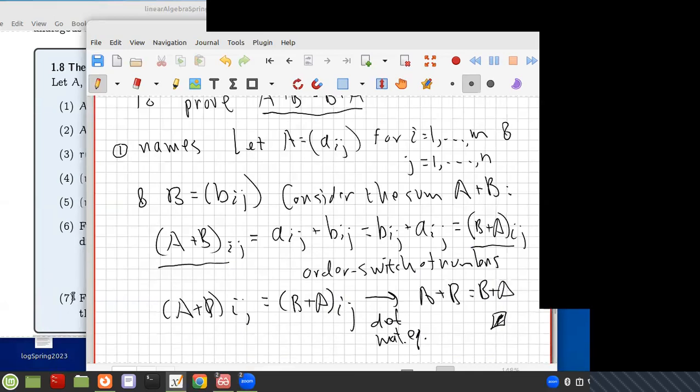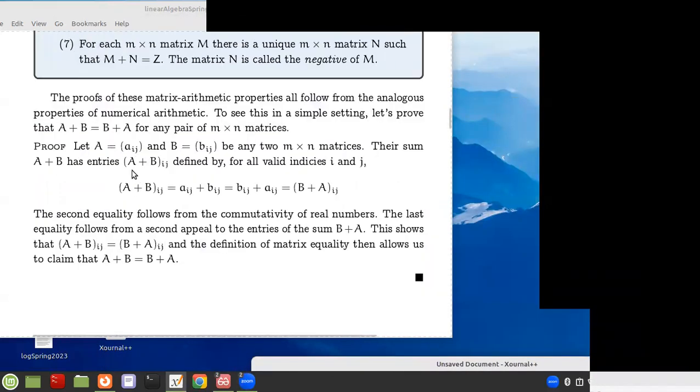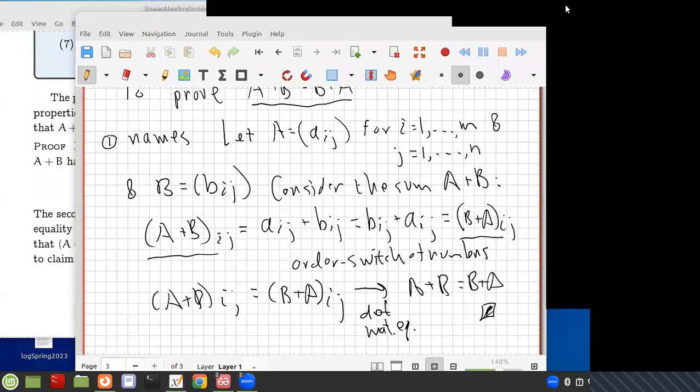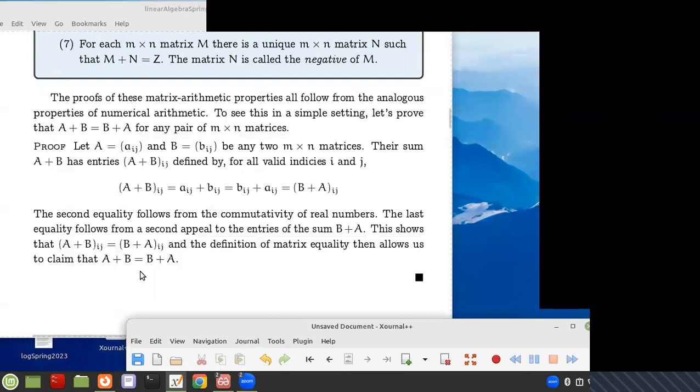So the strategy of all the proofs of all of these 7 properties, which we'll look at in a second, the properties, not necessarily the proofs, is that you give names to the items and matrices involved in terms of entries, reduce the property to a property of numbers, then translate back from entries back to matrices. And I've written out the proof here, which I just went over verbally. Here it is written out